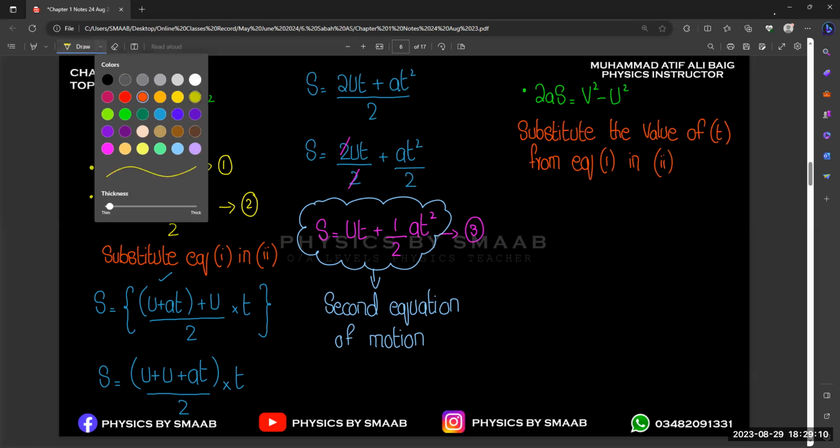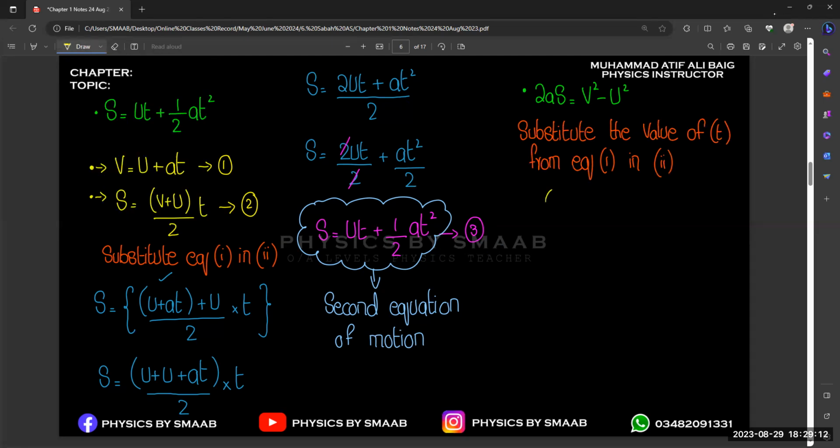So basically, if we take the value from equation 1, your t will be equals to, again the same concept, v minus u divided by a, right? So this is derived from the first equation. Now you can see that t is in the second equation, and we just replace the value of t in the second equation. So your new equation number 2 will be like